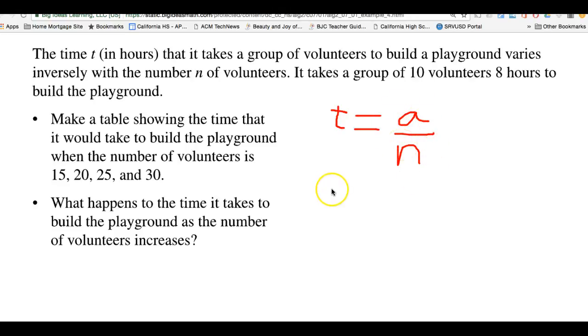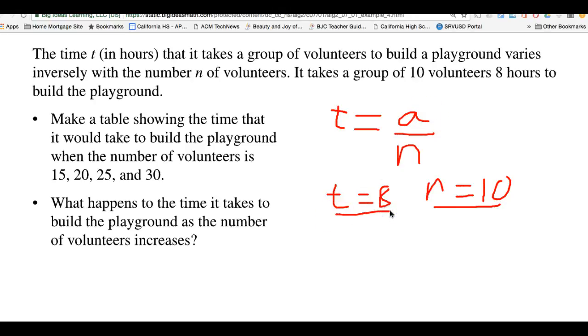We know that when we have time equal to 8, it takes 10 people. So what we're told is that a group of 10 volunteers, so n equals 10, takes 8 hours to